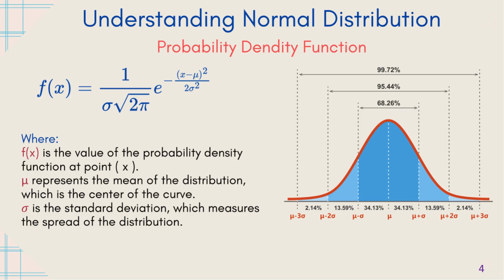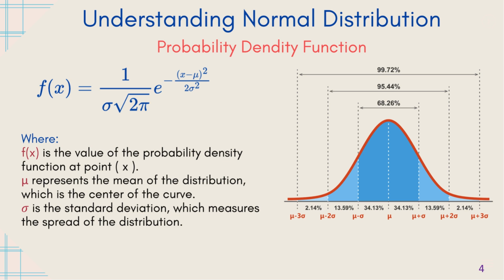Normal distribution. The probability density function. Here, we delve into the probability density function, PDF, of normal distribution, which is key to understanding how probabilities are assigned to different values. The equation for normal PDF is the function f of x equals 1 divided by sigma times the square root of 2 pi, multiplied by e raised to the power of negative, open parenthesis, x minus mu, close parenthesis squared, divided by 2 sigma squared,